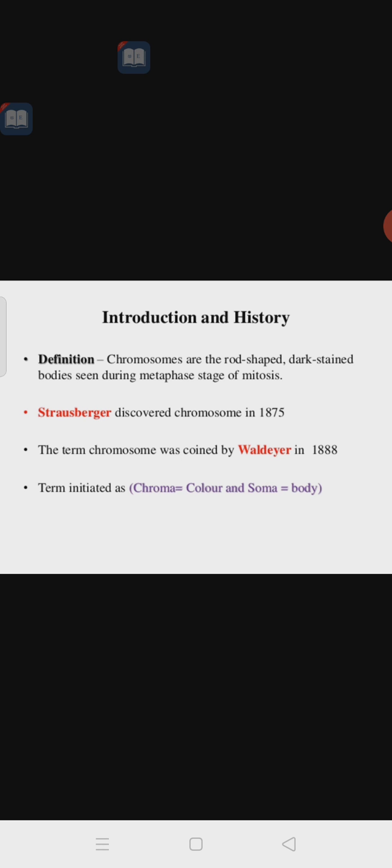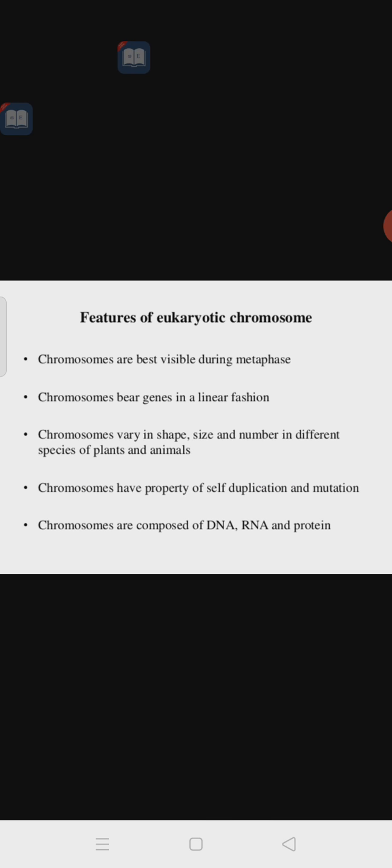Colored body present in the cell that plays an important role in the hereditary changes occurring in the DNA, which can be transferred through the chromosome from parents to the offspring. Okay, means what? Inheritance occurs through the chromosome, because chromosome contains the DNA, which contains the gene. The chromosome acts as a vehicle to transfer the DNA or the gene from parents to the offspring. Then these are called the features of eukaryotic chromosome.